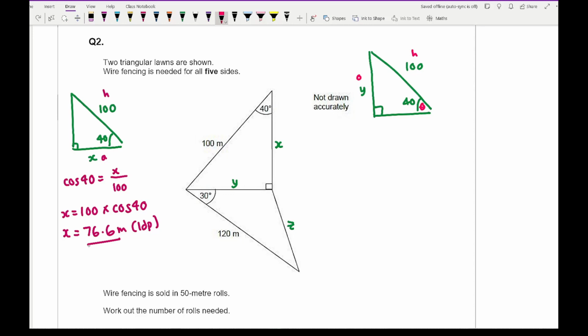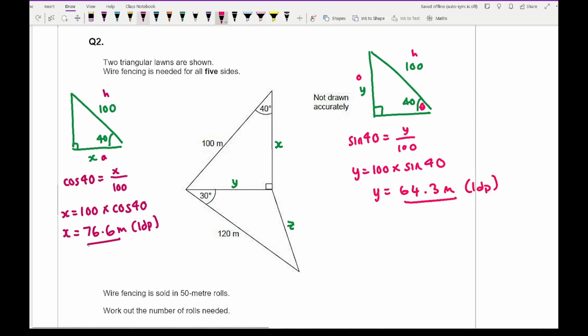So in this case, I'm going to be using sine. So sine 40 equals y over 100. So y equals 100 multiplied by sine 40, which gives me a y value of 64.3 meters, and that's to 1 decimal place. So the next thing I then need to do, so let me just write this in, and that's 64.3, and this value here is